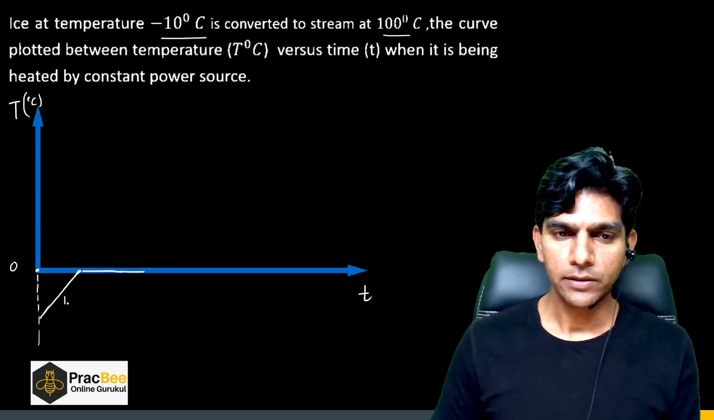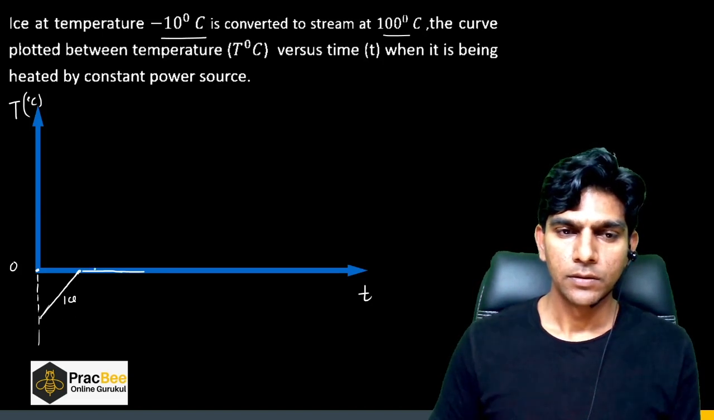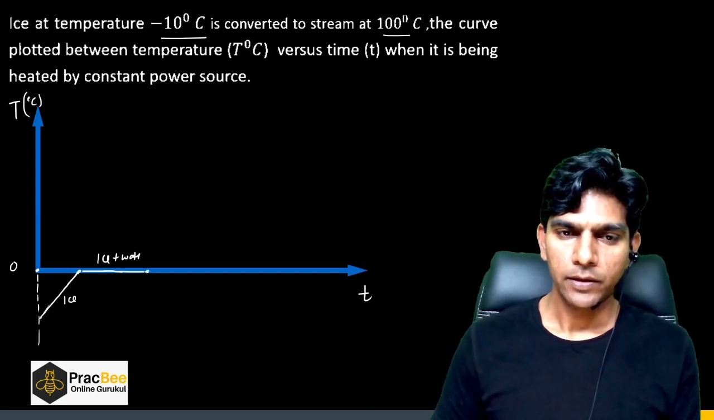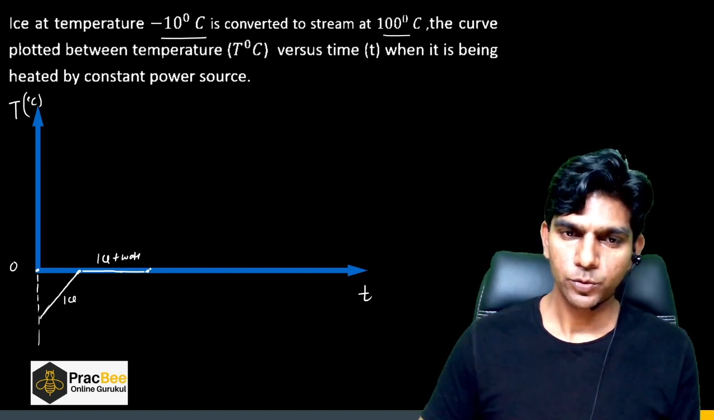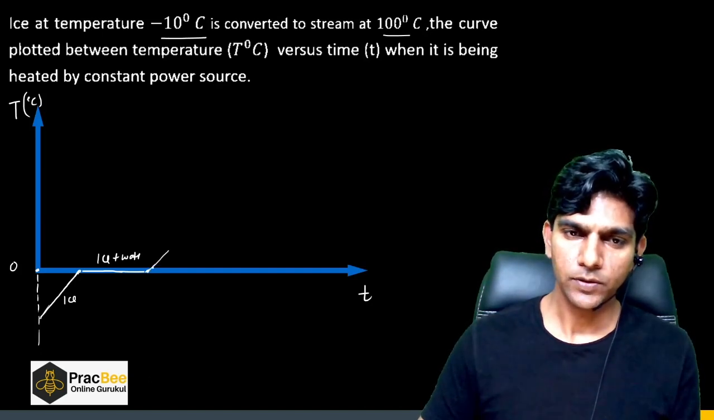Right? We have ice here, and then we have to overcome the latent heat of fusion. So here we have ice plus water, and when we have water, then what happens again? It will gain energy, and the graph will be linear,